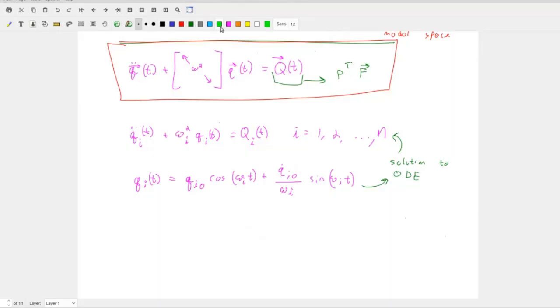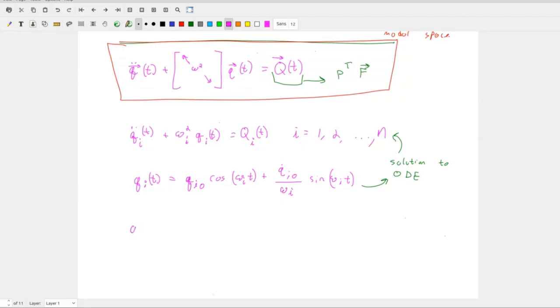So the only challenge now is we have initial conditions, right? I can give you an initial condition in a physical space, but you have Qi0. How do you get an initial condition in a modal space? Well, we have to convert it, right? So we have to convert from the physical space to the modal space. Do you just do the initial condition for your physical space? And then the modal matrix, and then a mass term also,